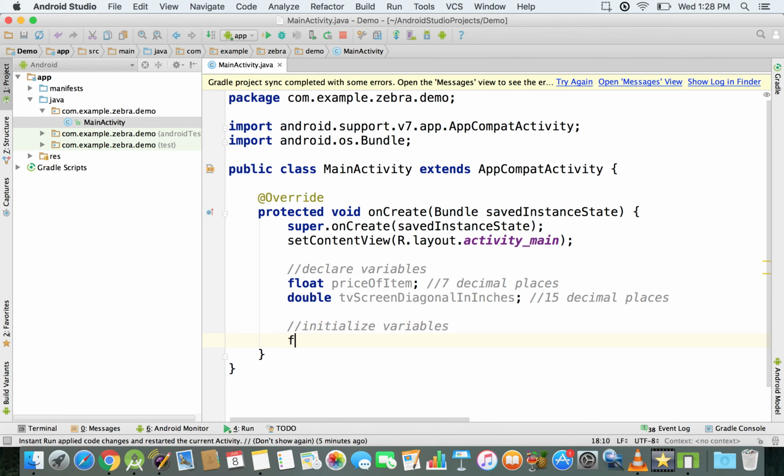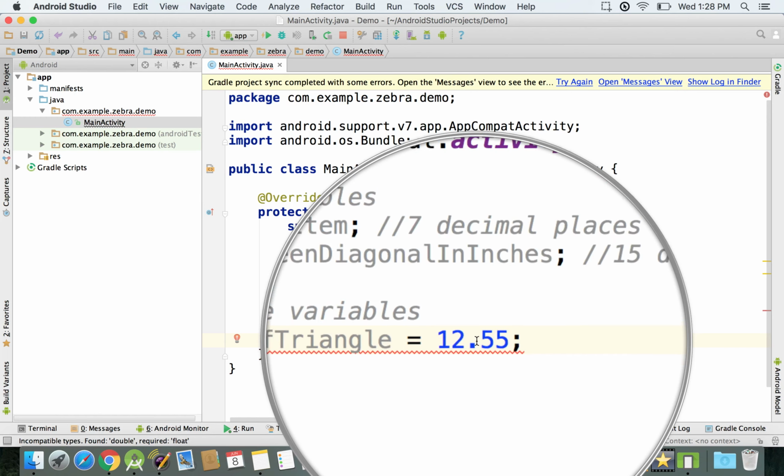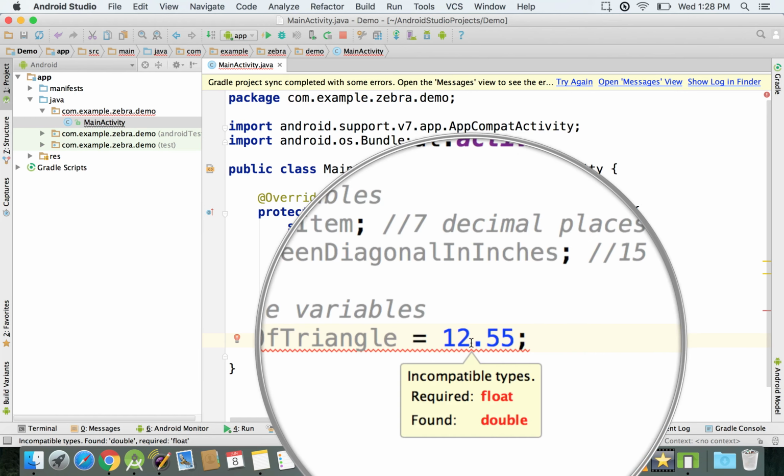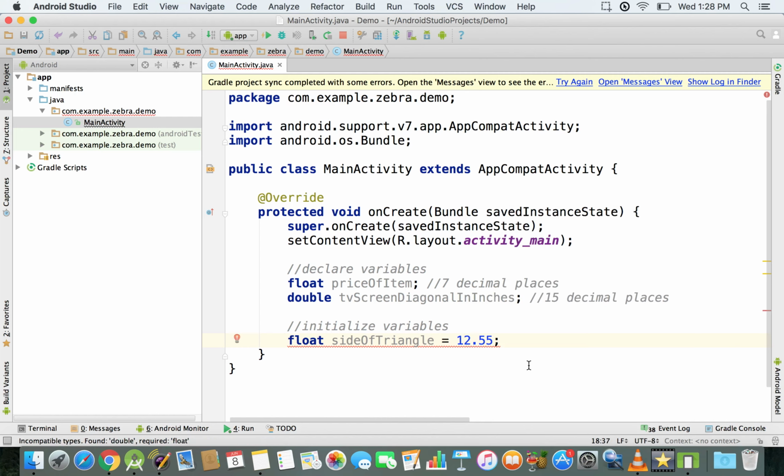And I'm going to use first of all the float keyword. And so in order to give you an example, we can use something from geometry. Let's say side of triangle. Okay, and we're gonna have, let's say 12.55, and we have one error right here, and it says incompatible types. I'm just gonna zoom out a bit so you can see it. Okay, so it says incompatible types, required float found double, and this one is considered double if you just leave it as it is. If you specify an F at the end, then it's a float